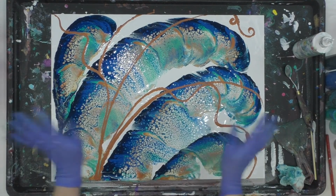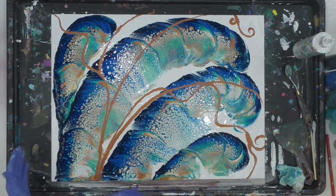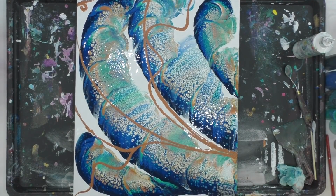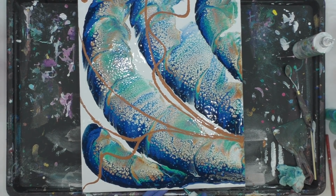And this is it. Though if I want to do anything else, I kind of want to take this off the edge here, but I don't want to ruin it. I don't like this white gap here. So I may just kind of go in the opposite direction of what I swiped. I'll just swipe it out in the opposite direction, maybe with the same color so it kind of feels the same. I'm going to use way less paint on this, and realizing you probably can't see it,